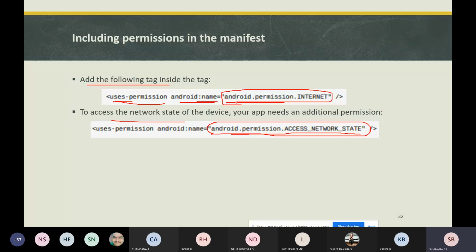Then after using this method, you need to read the response. Whatever response you are getting through this method, you need to read it, and then convert that response into a string.